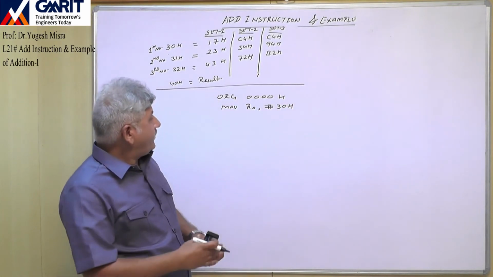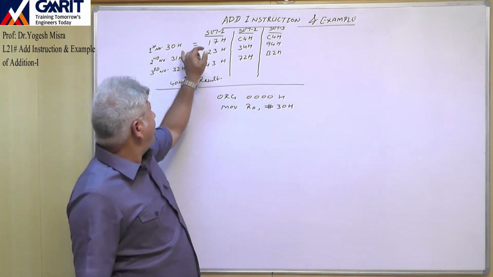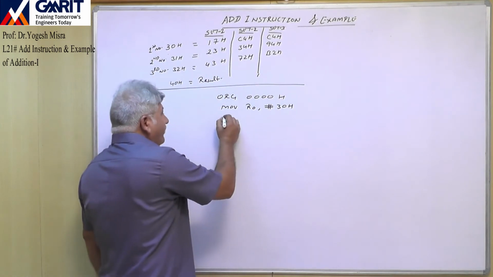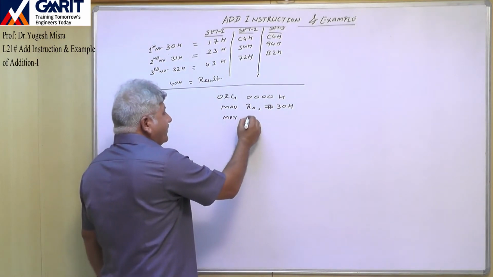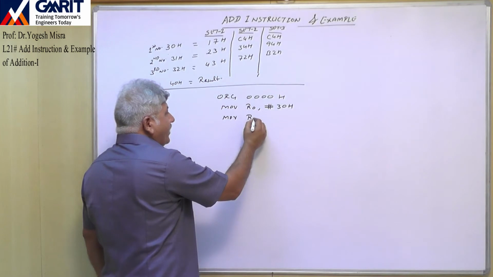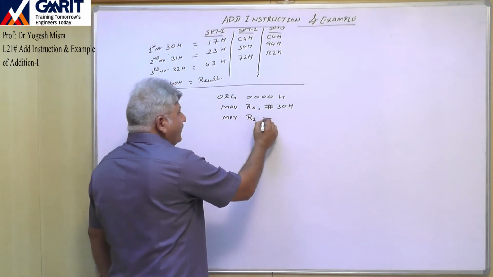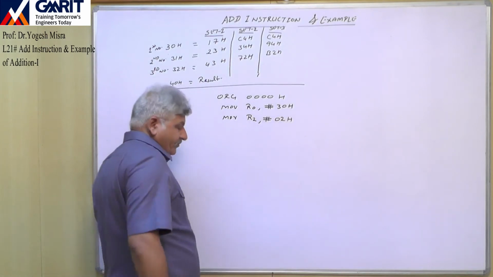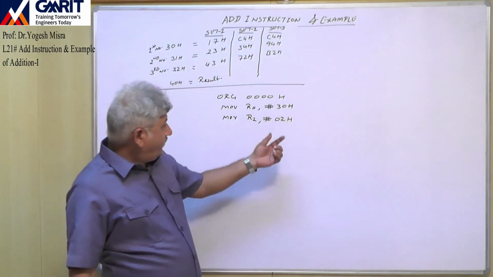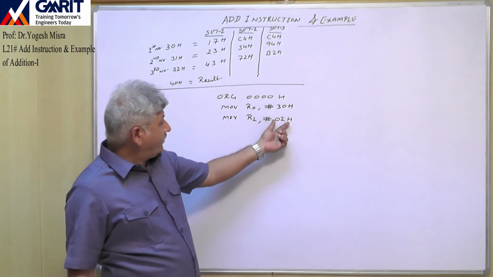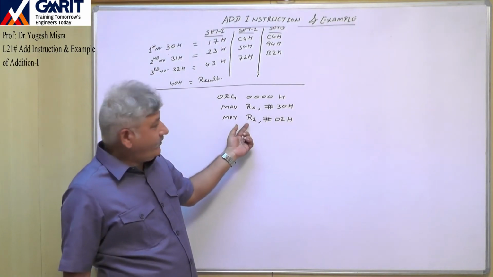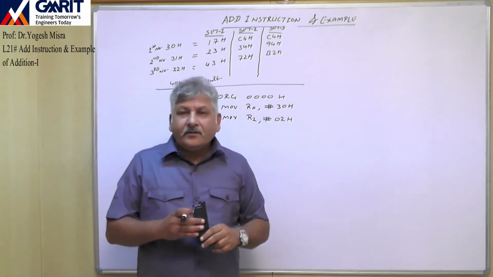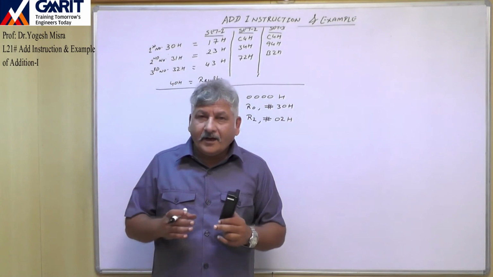So now with this, the address of first number, that is 30H, is in R0 register. Then I will write the second instruction. In this I will use another register R2, and in this I will load 02H. This value 02, which is stored in R2 register, will act as counter, which will tell me that we have completed the addition of all